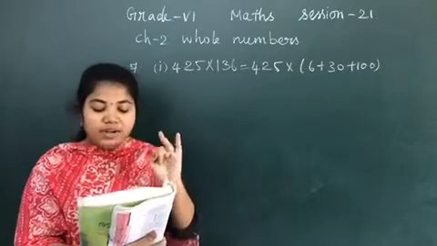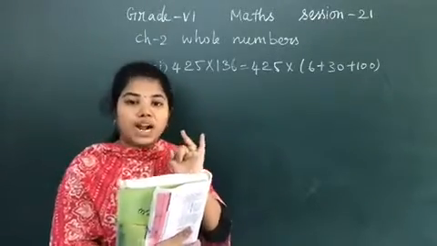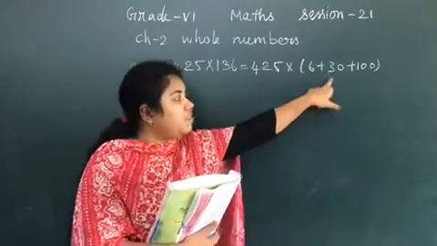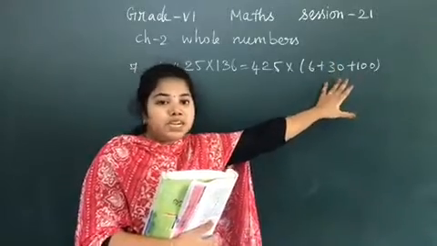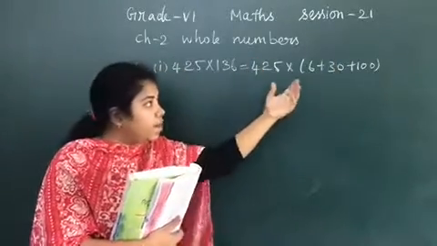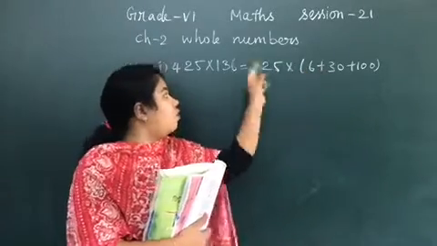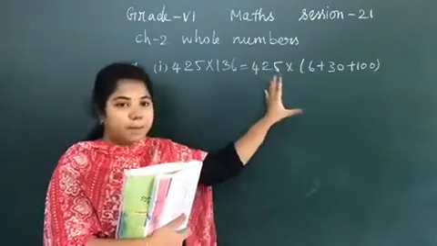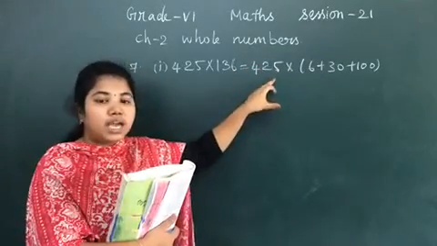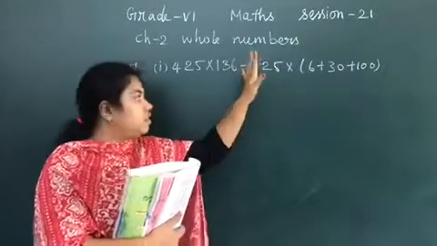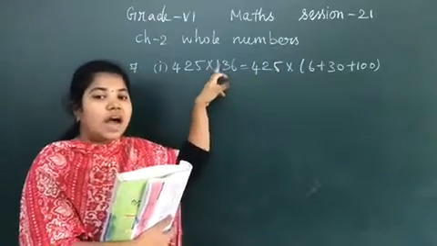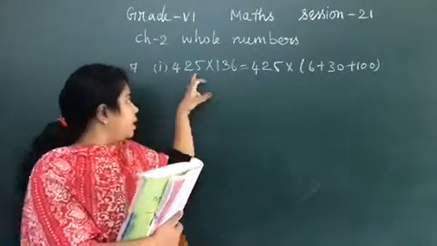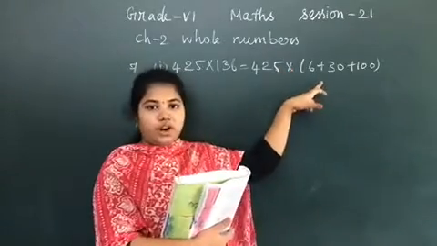Now see the next one, distributivity of multiplication over addition. A into B is written as A into B plus C plus D, because they have split the 136 as 100 plus 30 plus 6. You know very well how to split the number. In your lower grades like 4th standard and 5th standard, you have learned to split numbers. How you will split 425: 400 plus 20 plus 5. The same way they have split 136 as 100 plus 30 plus 6. So this is distributive property of multiplication over addition. Can you understand? Match it.